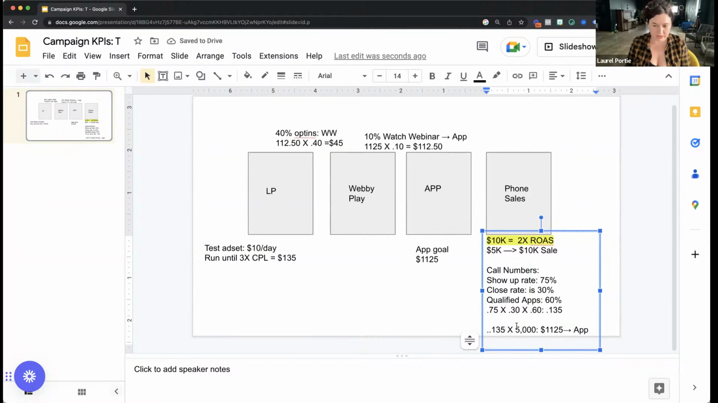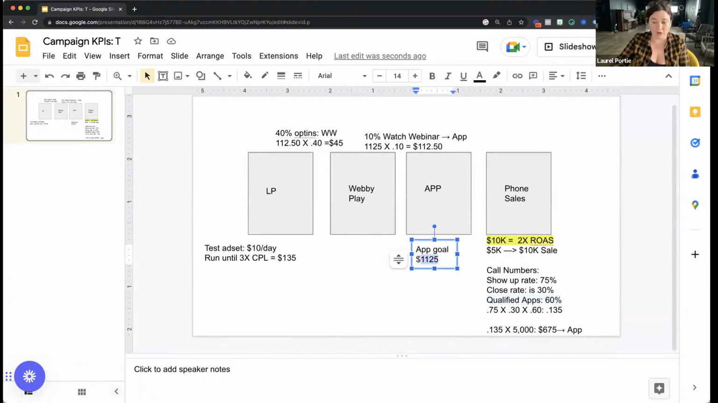So 0.135 times 5,000. That's going to give us a cost per app when we include the unqualified applications. So we can spend up to $675 per application. Okay. Now, you don't have to add in the qualified apps, but you can see now we're accounting for people who are not qualified, not just the close rate or the show up rate. Okay. Now our app goal is we want to spend